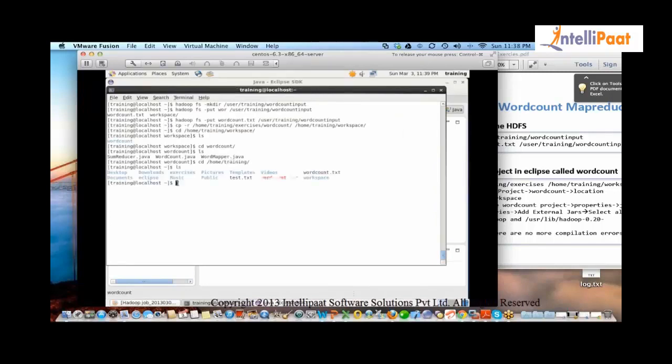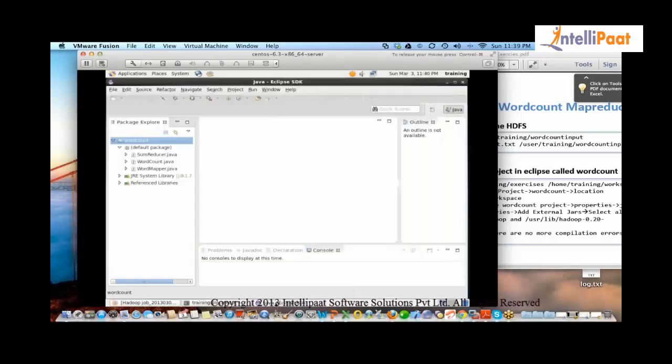Now your developer wrote the code and he packaged everything and he writes the jar file. Now what I do is I say hadoop jar, right? You remember we used hadoop jar. Then the name of the jar file. Then I say which is my main class.